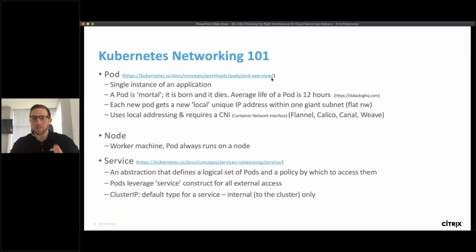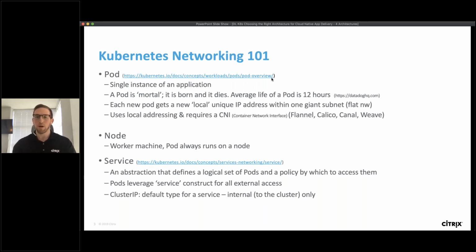We'll take some time on this slide to identify the main Kubernetes constructs, because we'll be referring to them later in the discussion, and it'll be important to have a fundamental understanding. When we're referring to a pod, you can think of a pod as a single instance of an application. You'll have multiple pods for that application. Say you're building a website and you have a shopping cart application. A pod will be a single instance of that shopping cart application, and there will be